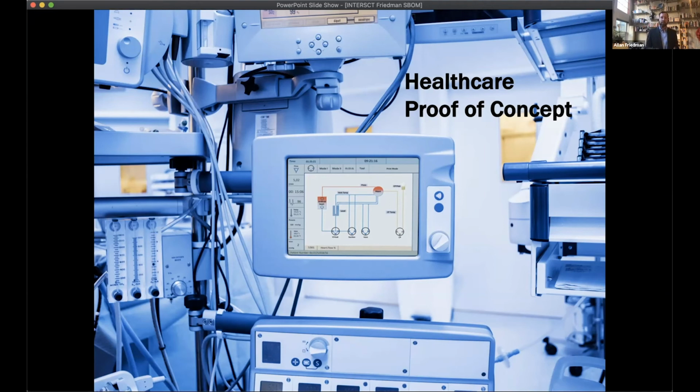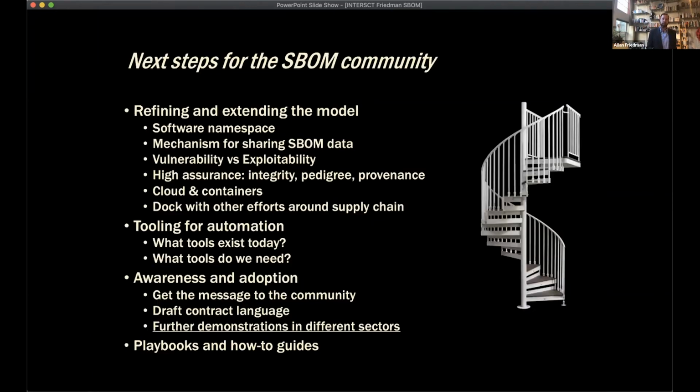In fact, one of the co-chairs of this particular working group is the CISO for one of the largest hospitals in New York City. And during the entire spring, when New York City was in the peak of crisis, this gentleman only missed 2 weekly meetings. That's how much a priority this is for the healthcare sector. And they're really focusing on identifying what are the flaws in implementing this and how do we move forward. And I'll talk a little bit about some of those flaws, but the emphasis really is on showing that this can work in the world and that it's helpful for the defenders to defend their networks.